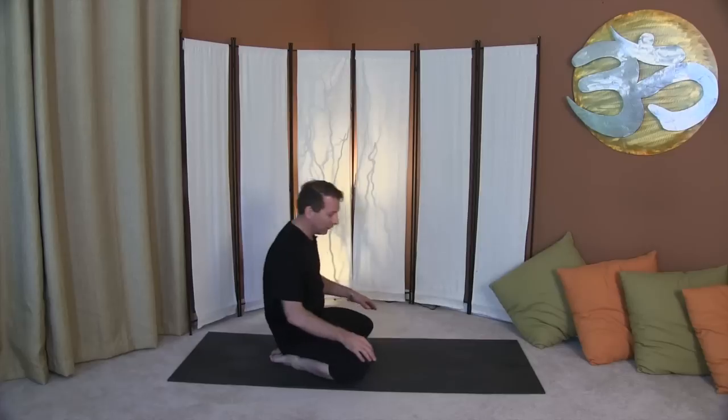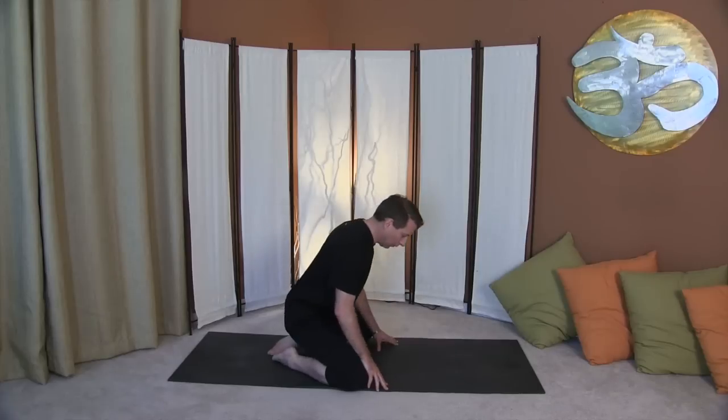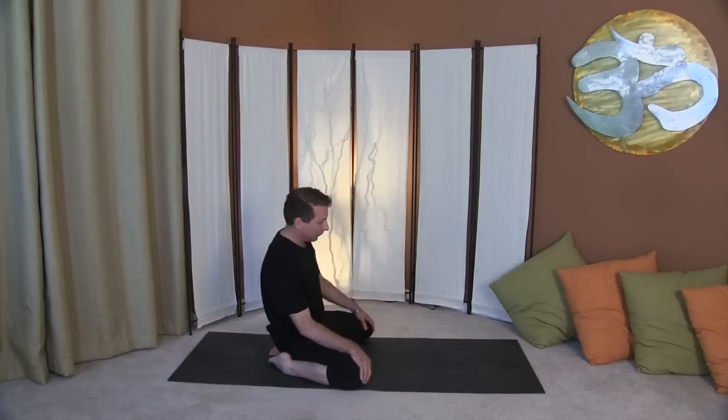But on today's class, I want you to open up your knees a little bit wider so you can get right into the hip work, okay? So we're going to open up our knees to the width of the mat. Take it as wide as you comfortably can. Let's get those hips opened up. And for a moment here, we're just going to drop our bottom between our heels and just sit here,